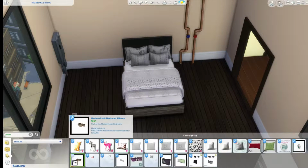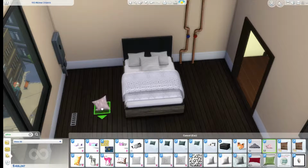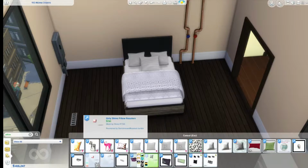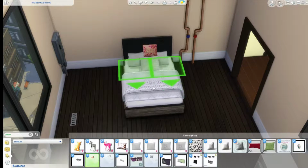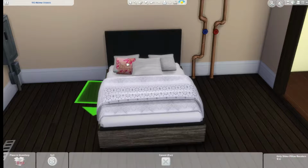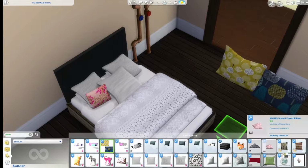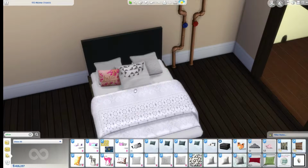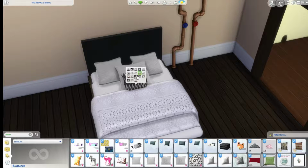I found her. As you know, my main family that I play has probably over 50 or 60 family members. It's a legacy Let's Play, and it has 7-8 generations with tons and tons of Sims. So I just chose one of them. I chose Daphne. She's really beautiful, she's single, and she moved in here, and I think this place is perfect